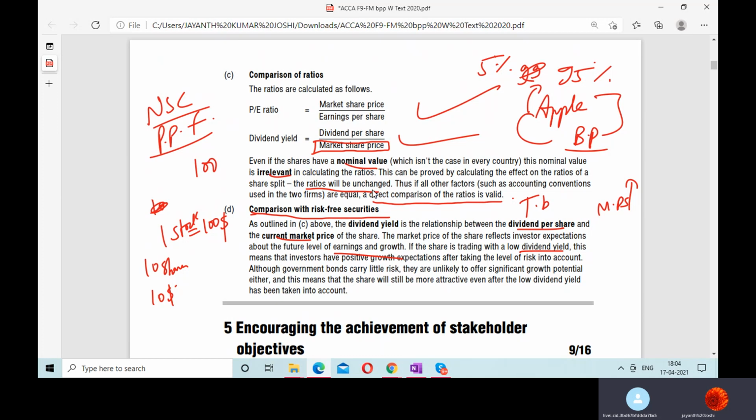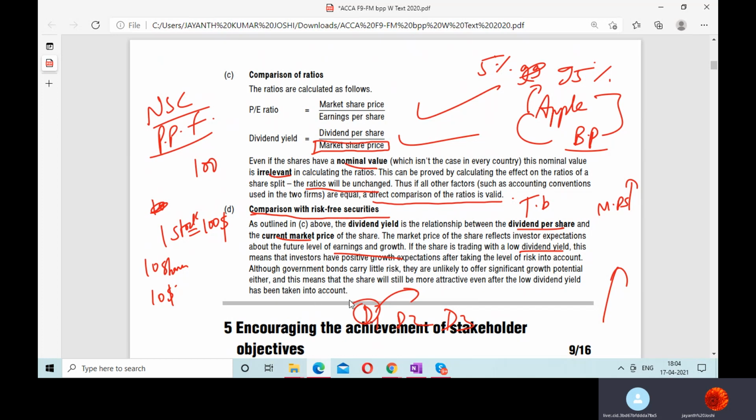And low dividend yield, that means, see, after paying the dividend the share price decreases, everyone knows this. So if the dividend yield is low, that means your denominator is high, that means the market price is high. That is what matters for you. Dividends, okay, you get dividends, you can reinvest that. I'm not saying that you cannot reinvest. Every year I get dividend, first year, second year, third year, I can reinvest it in the market. But market forces can make the share price go much higher than what returns I can get on this reinvestment, correct?